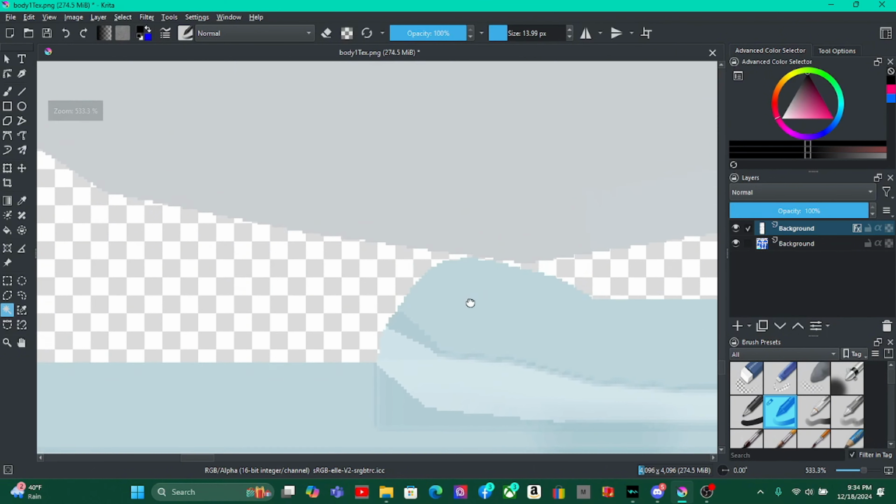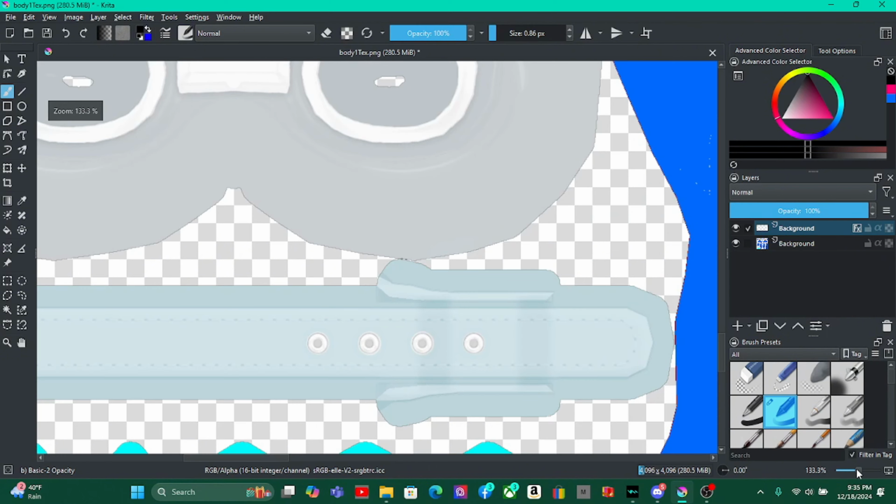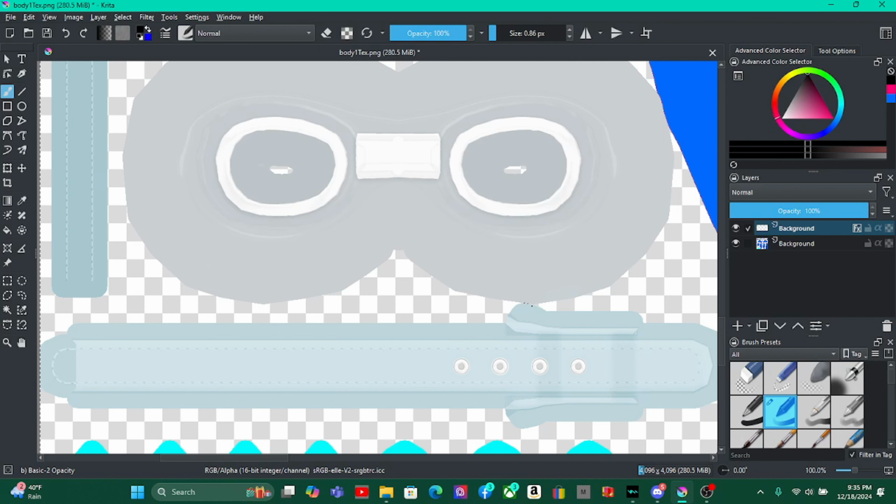But if you can see, you have little parts that are together. So what I want to do is do this, or maybe you could just erase the little parts, but just in case, I just mark it with the little black